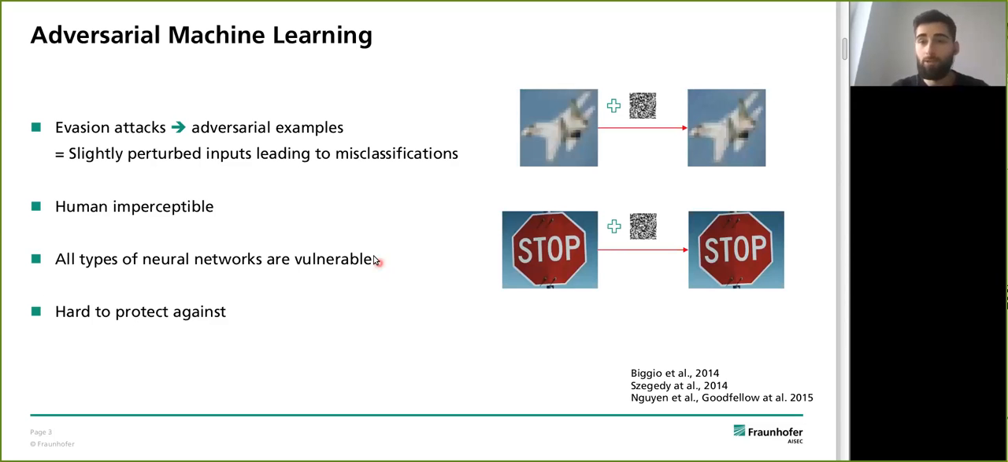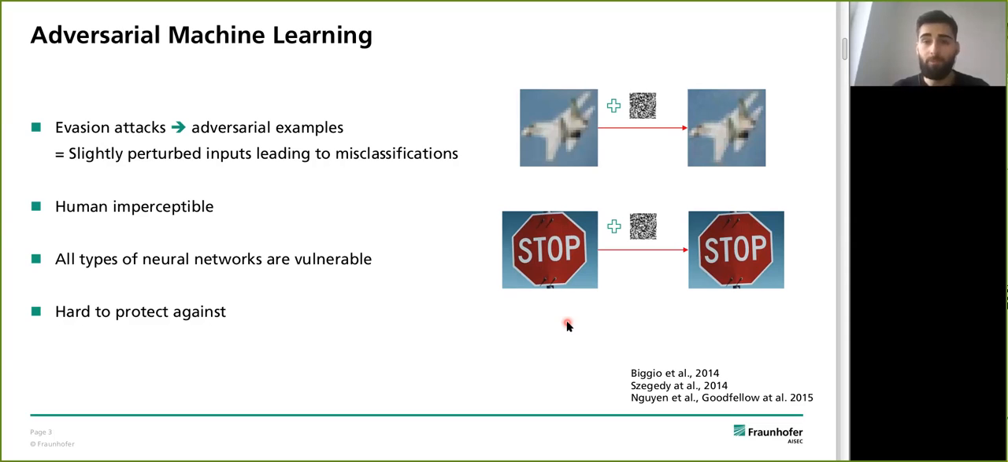So adversarial machine learning, what is this research field all about? Basically, in evasion attacks, the attacker crafts adversarial examples. Such examples are slightly perturbed inputs, which lead the attacked neural networks to misclassifications. On the right-hand side, we can see two examples of such adversarial examples. The left images are the original inputs fed to the neural network, which are classified correctly. In this case, the first image is correctly classified as a plane, and the second image is correctly classified as